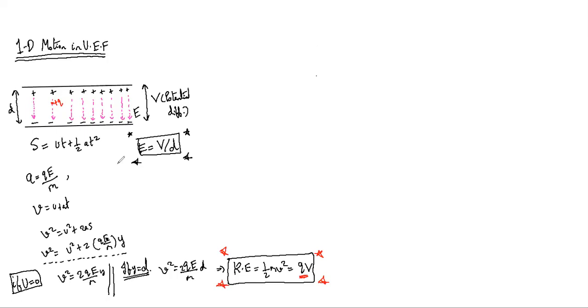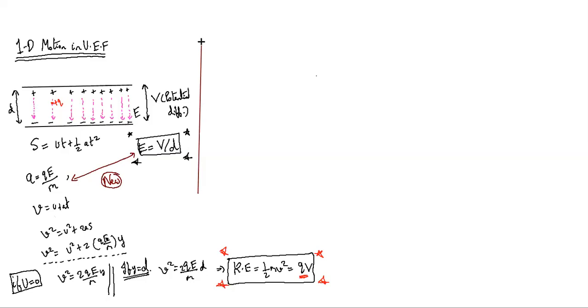So one thing to note here that actually इसमें आपने नया क्या सीखा? Only this part is new. ठीक है? Only this part is new. Rest other things you already know. You know these equations: v equals u plus at, v square equals u square plus 2as. All these different things you already know, kinetic energy and all. Only thing new you have studied here is that the acceleration is qE by m and electric field is V by d. Rest else you already know.